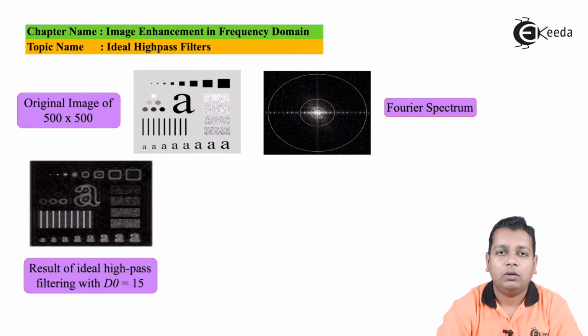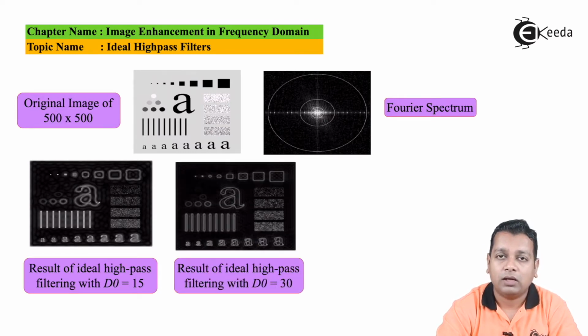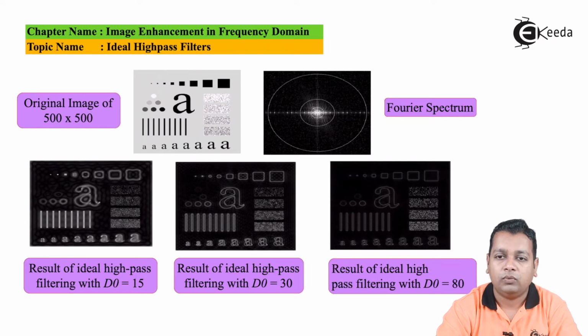Next we have the application of the ideal type of high pass filtering, and the result shall be represented like this. Here the cutoff frequency D0 is kept equal to 15 pixels. So for this particular cutoff frequency the result is with us. Next we again have the high pass filtering with a variation in the cutoff frequency value. We have doubled it from 15 to 30, and we get this kind of nature here, and here we make the cutoff frequency D0 80 from 30. So you can find the change in the output image here.